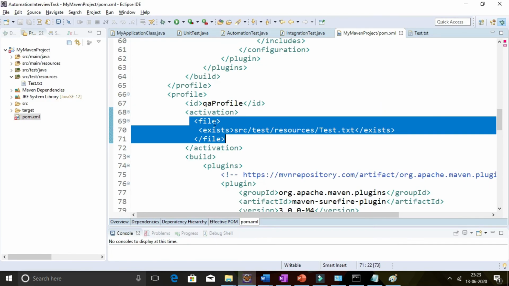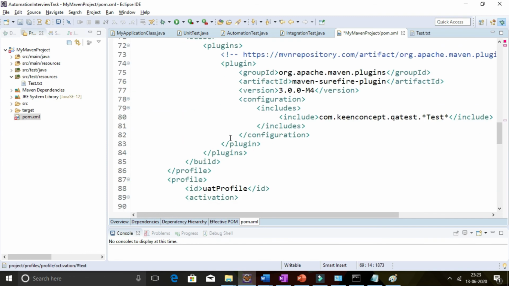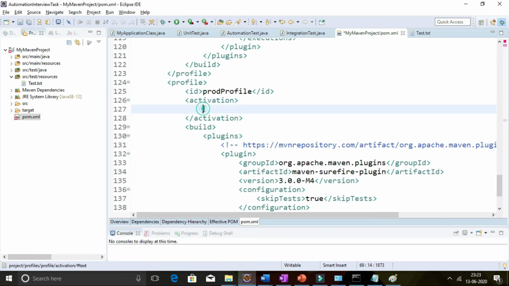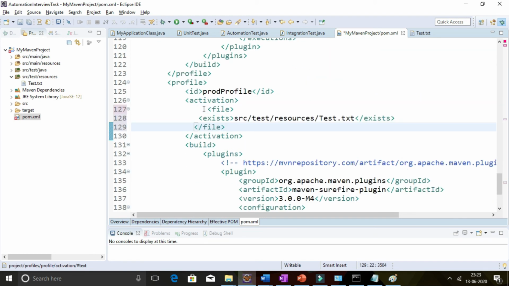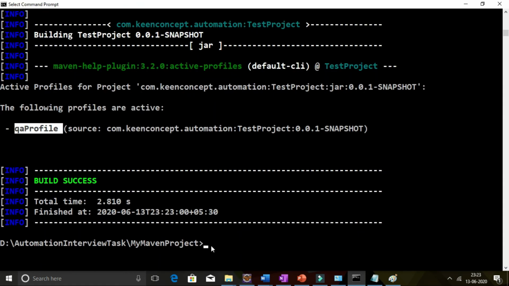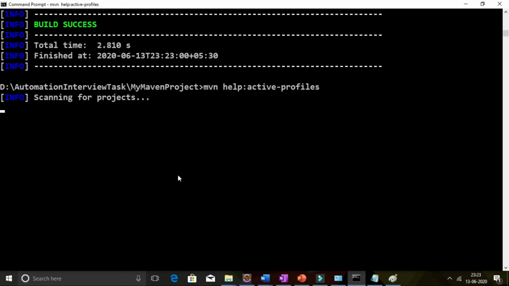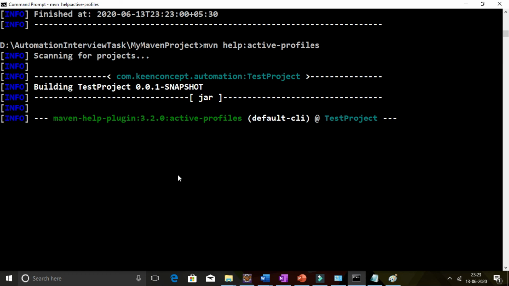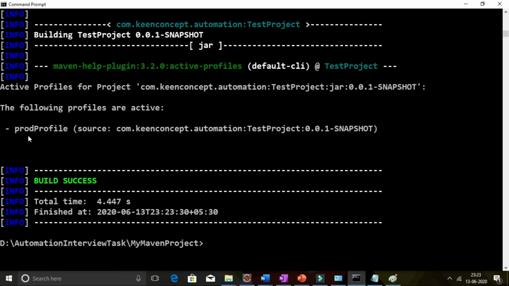Now let's change this file tag to some other profile, suppose prod profile, and just save the pom.xml. Now again move to command prompt and execute the same command to check which profile got activated by default now. So you can see now our prod profile got activated.